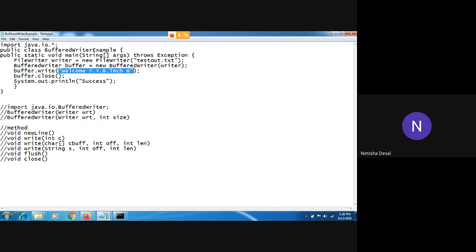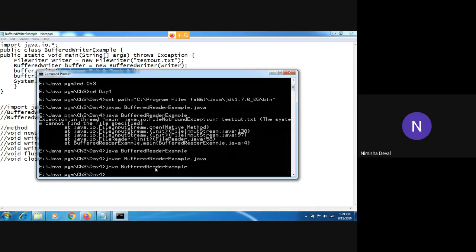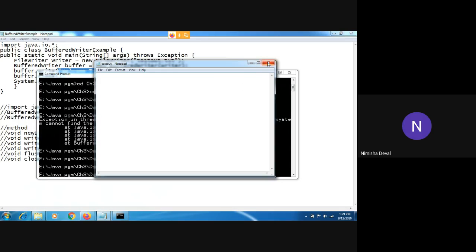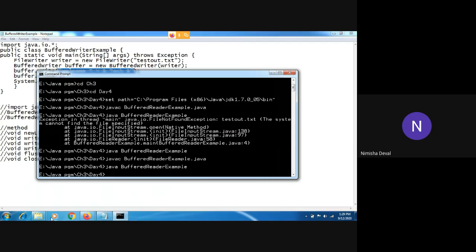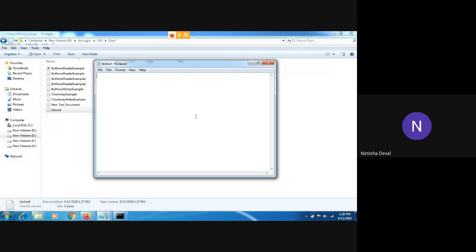Now you can check why that data is not reflected in that file. Why is this data not reflected over here?